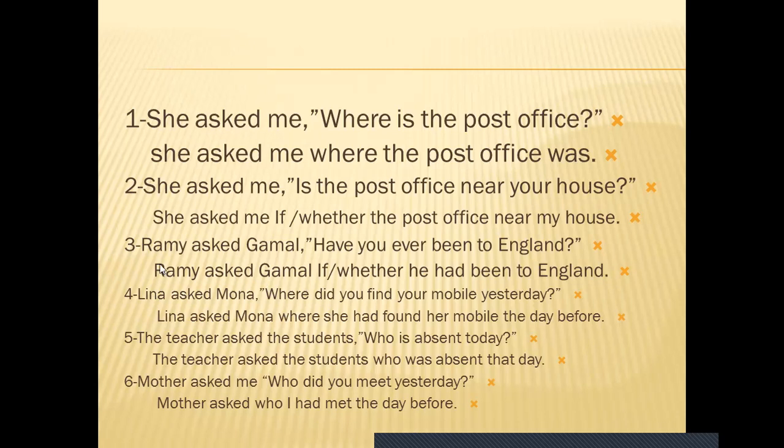Okay. Number three. It's a question, but we don't have a WH question, so we are going to replace it with if or whether. Rami asked Gamal if or whether. Rami asked Gamal, so you here means what? You means he. If it is Rania, then she. If it is the children, then they. So if he, here it is Gamal, so you means he. The tense here is been only? No. It is have been.